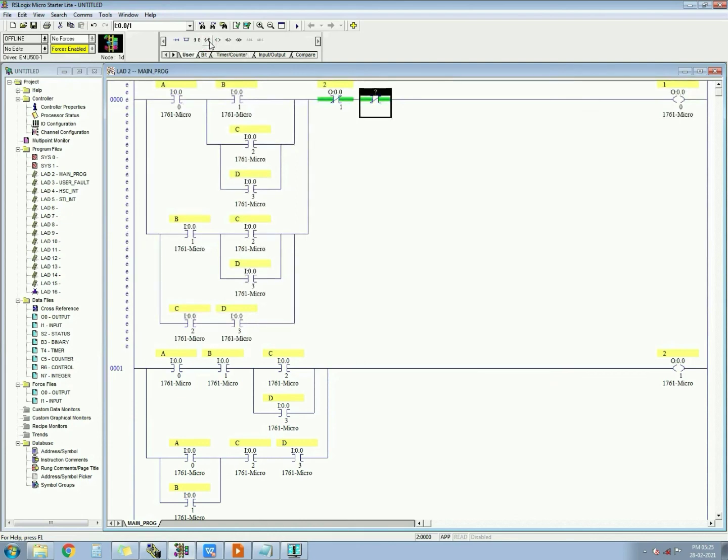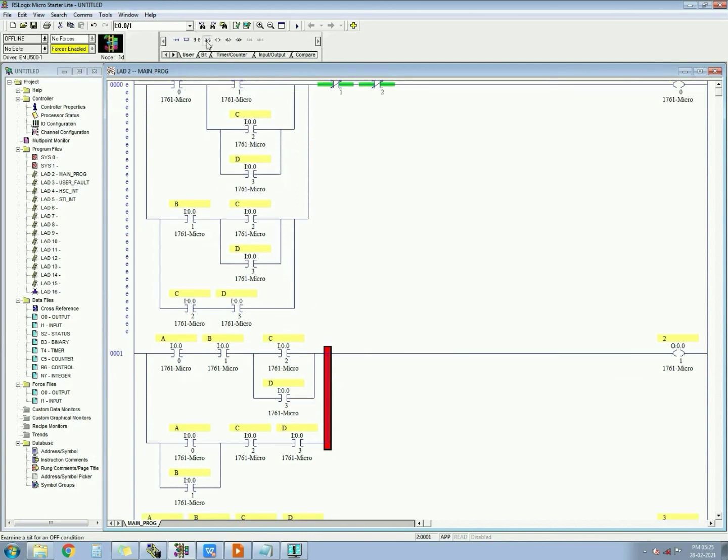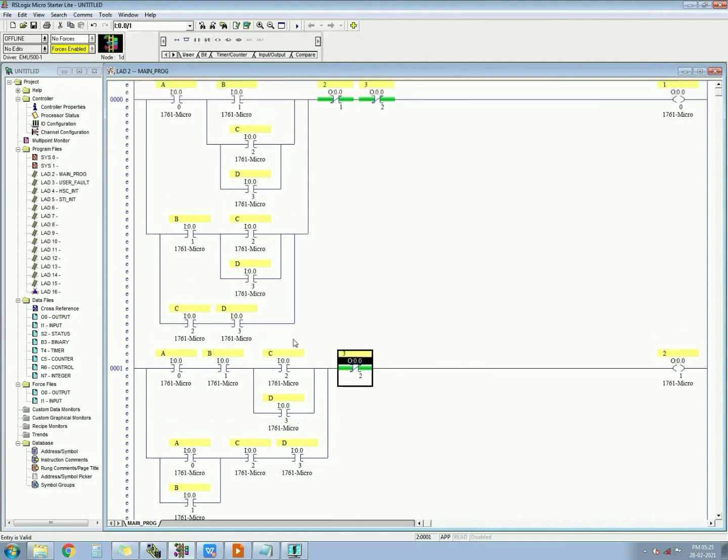So I have to take NC of this also, O0:0.0/2. And here you have to take NC of the last output, O0:0.0/2. So this is very simple, I think. So you can check on this solution.